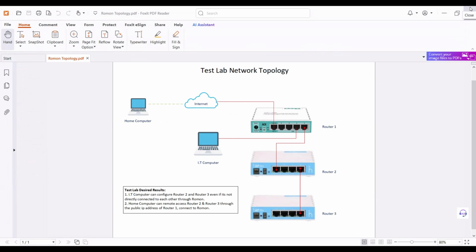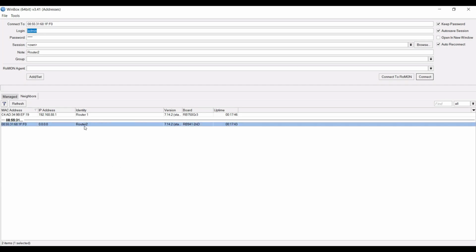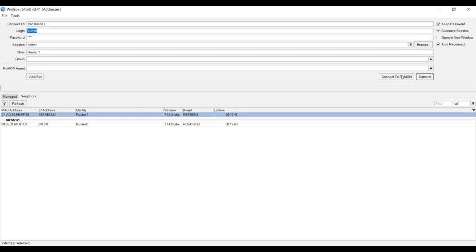We will try to access router 2 via Romon. Open Winbox again. As you can see here, router 2 is being detected. You can directly access router 2 in this case. However, for this demonstration, we will access router 2 via Romon here in router 1.